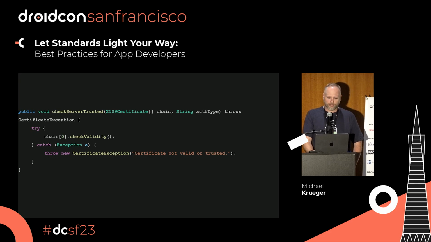All right, let's look at a different one. So, okay, my user went and they said, I understand, I fixed it. I've fixed my check server trusted. I'm now checking the certificate. Is this good? Do you need to check all of the certificates in the chain? Potentially, but not always. So this is misleading. Anybody know it? All right, I see a hand. Correct?